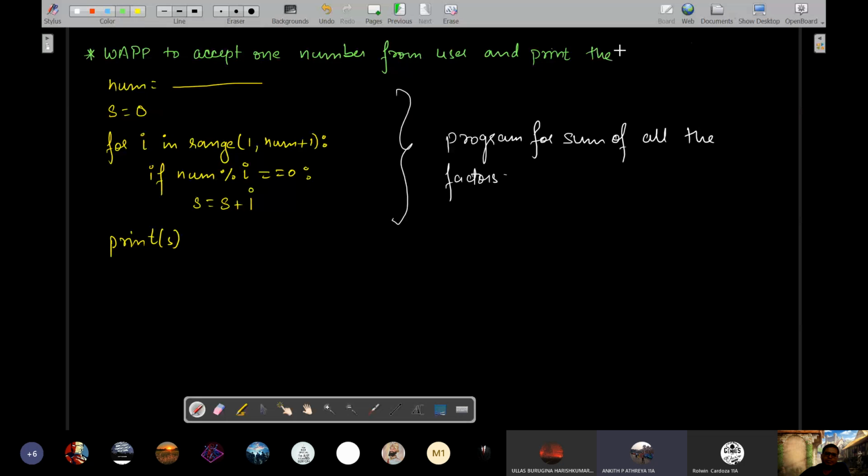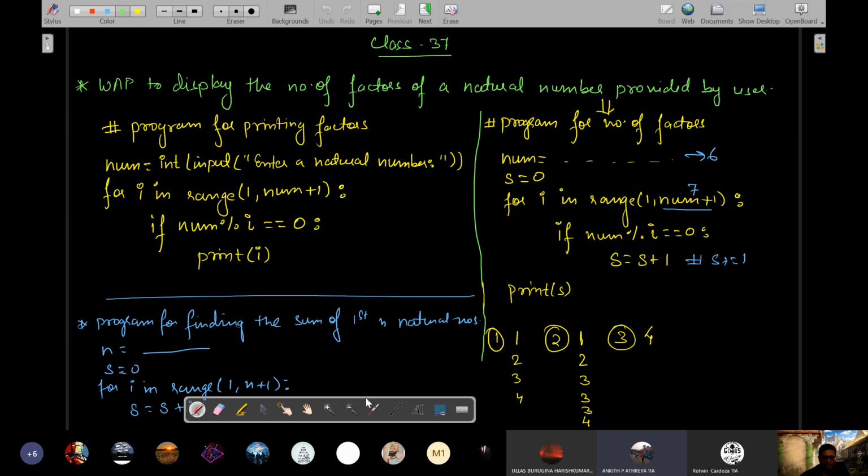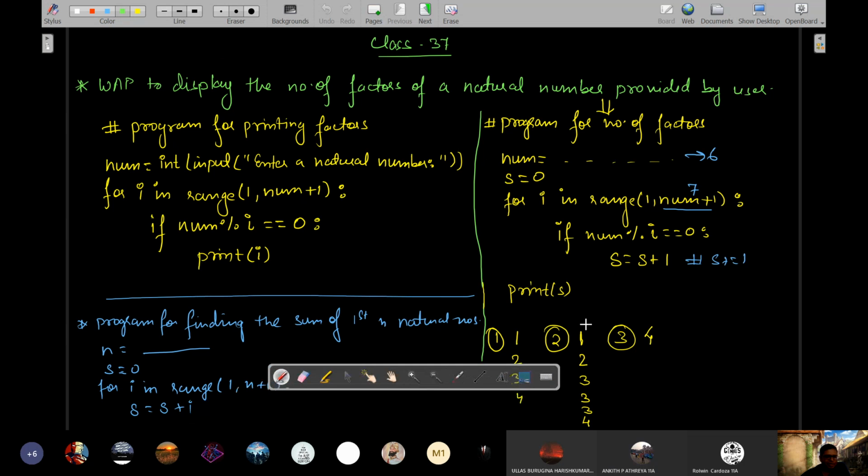So, sir, if it is S plus I, then it will be the sum of anything which we give as a condition. No, S plus I means here it will be the sum of all the factors. Yes, sir, but when we want the sum of all the numbers, we give S plus I. देखो यहाँ पे किया था हमने वही sum of all the natural numbers, S plus I ही तो किए थे. That's what I'm telling, sir, for the sum of anything which we want, we can write S plus I. हाँ, तो range में I जितना भी नंबर आएगा, list of numbers generated by range, it will give you the sum of all the numbers generated by the range function.